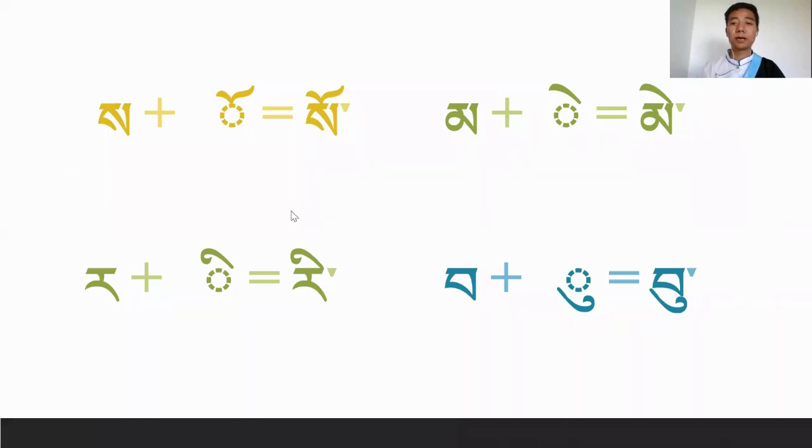Here, how to combine the four vowels with these four characters. You already know these four characters and the four vowels, how to read and how to write. Except how to combine and how to pronounce after we combine these four vowels with Sa, Ra, Ma, Pa. So here we go.